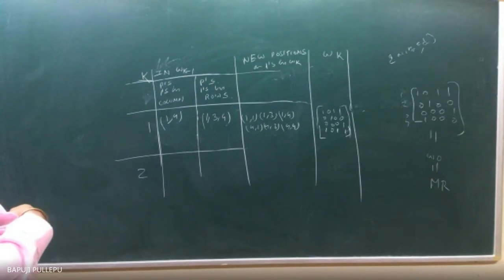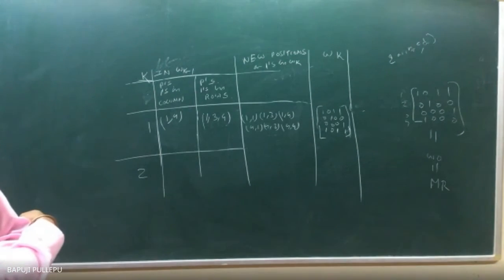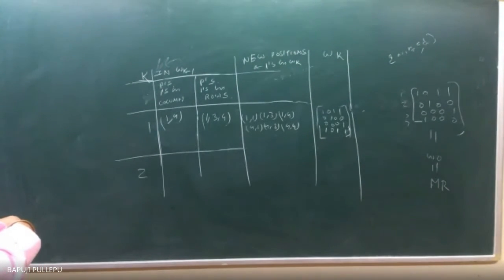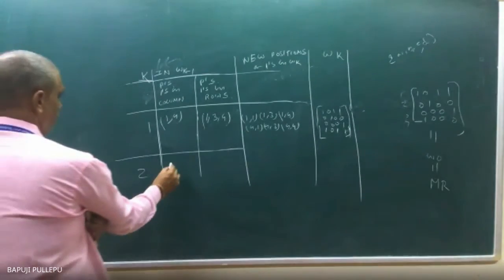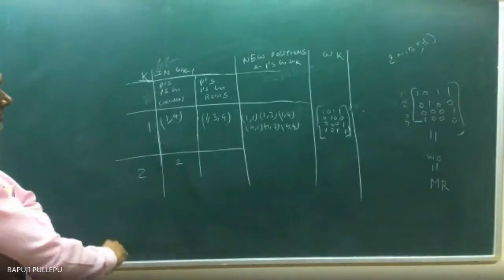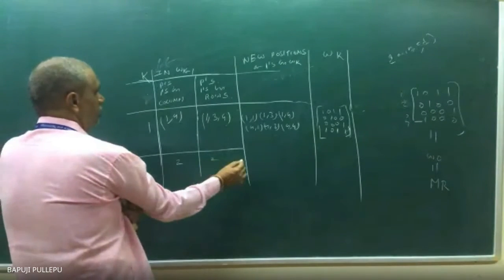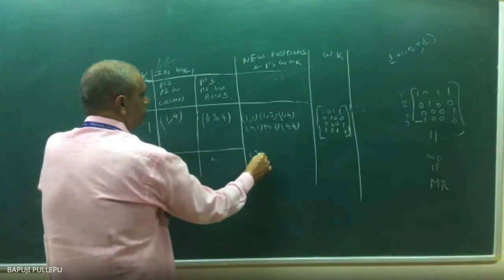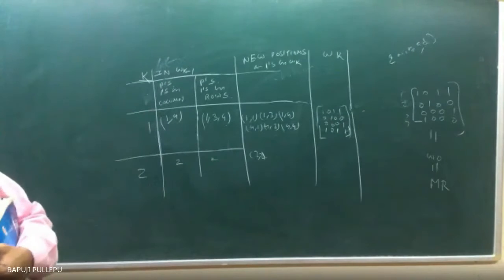2 means second row, second column. In the second row, where is the 1? 1, column 2, you can see. In the second column, where is the 1 placed? 2. Very good. Only 2. Any place? Then second row, 2. Now the setup already is what? 2, 2. Already 2, 2 is there. The same fellow you can write.